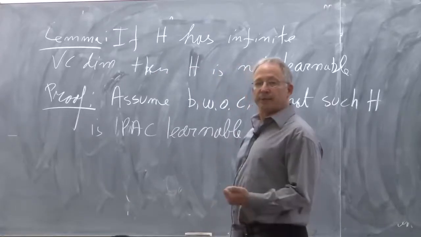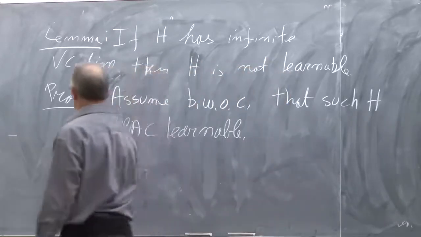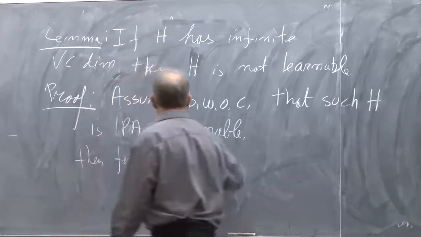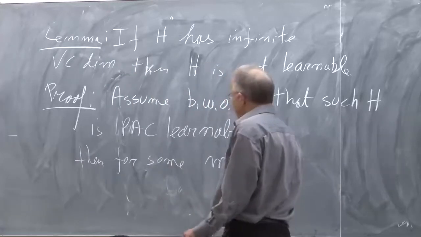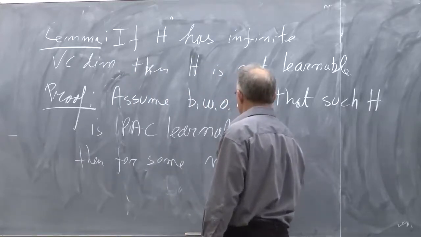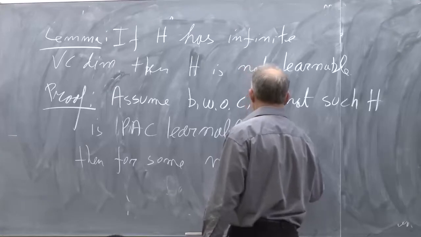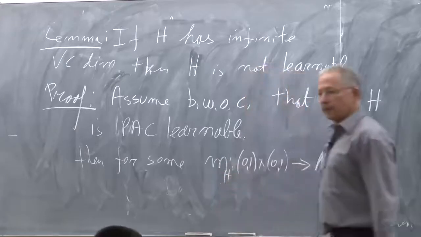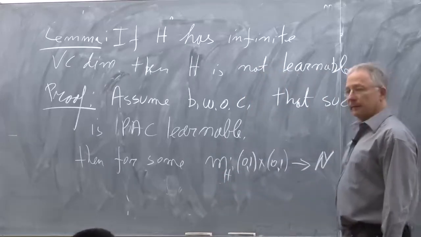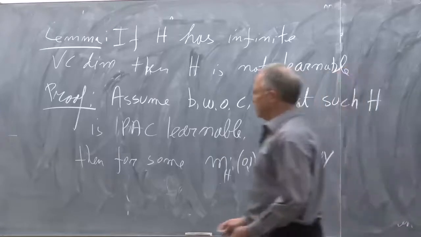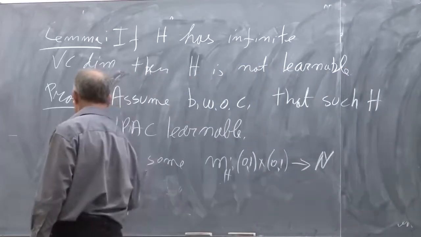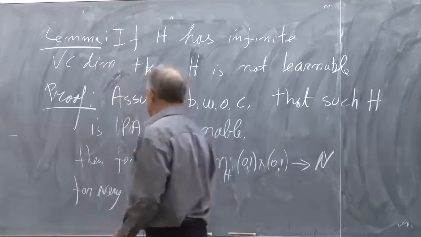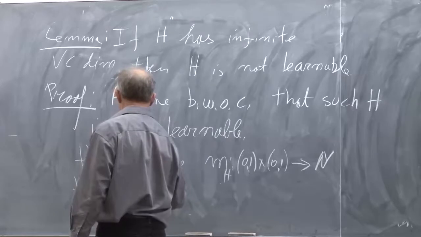Then we have this function, you remember, just a repeated definition, m_H from (0,1) times (0,1) to the natural numbers, for some such function. We have a guarantee that for every distribution